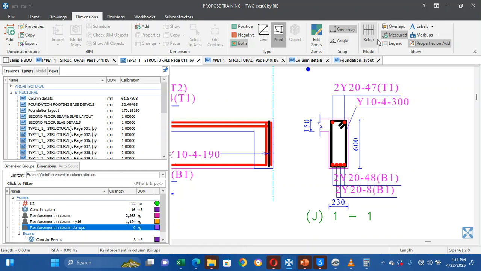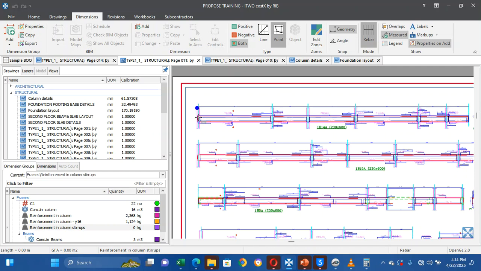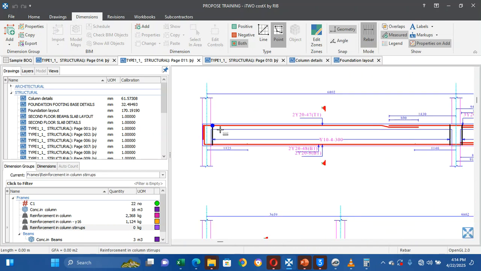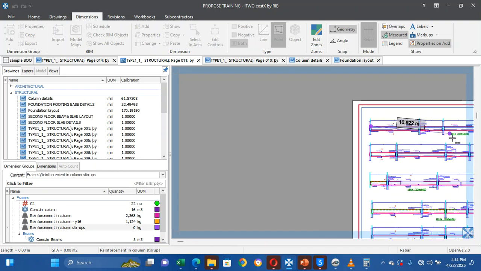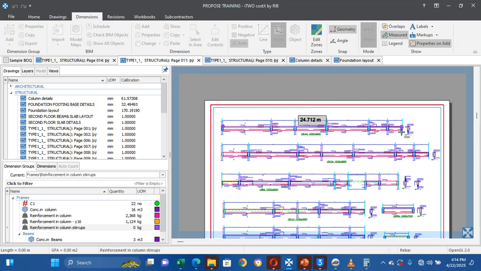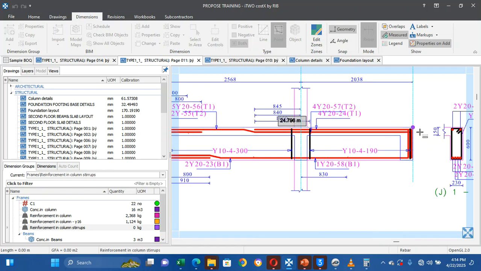Now before I start my measurement, I'll click on this rebar, get the length first. Okay, starting from here, see my reinforcement and stirrups, that's the length for stirrups. My stirrup is covering this entire area because they are all in 300mm spacing. So I'll just say from that angle to here,